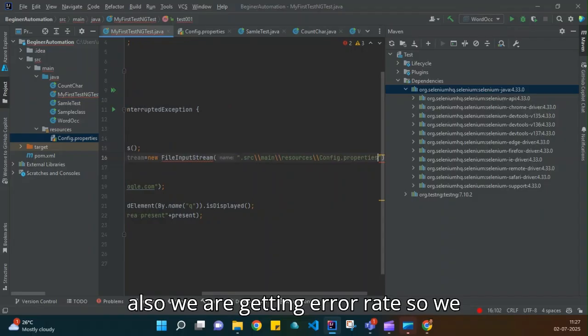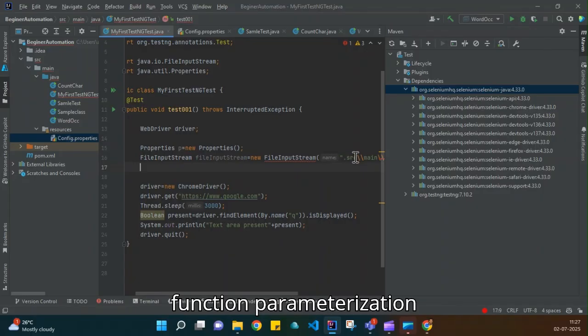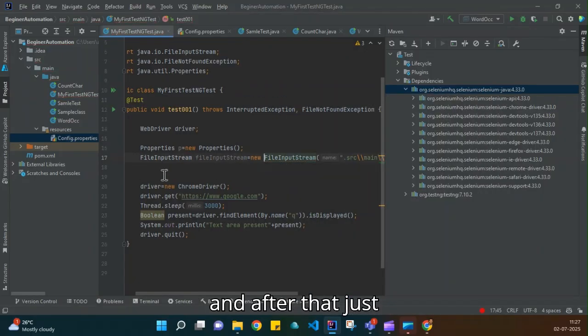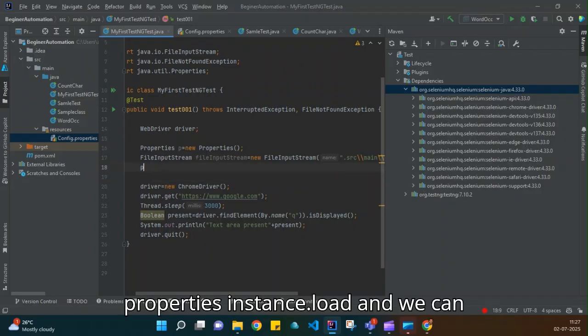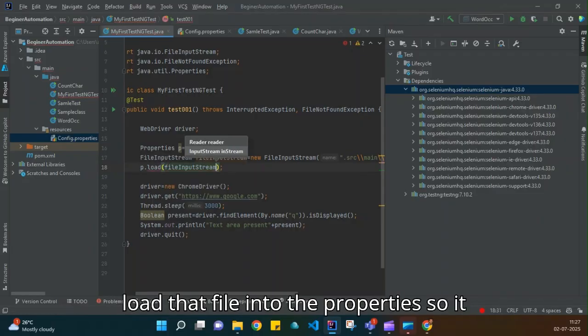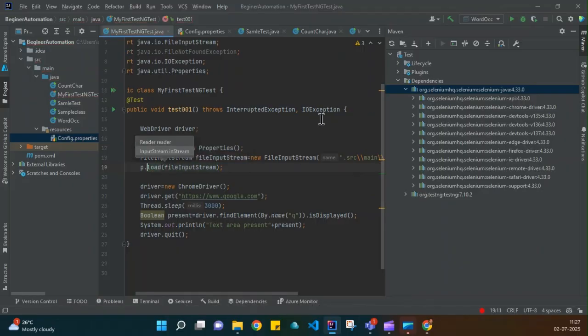Also, we are getting an error, right? So we should include the exception with the function parameterization. And after that, just properties instance dot load, then we can give the file input stream so that we can load that file into the properties. So it will understand that that is a property file or not. And after that,